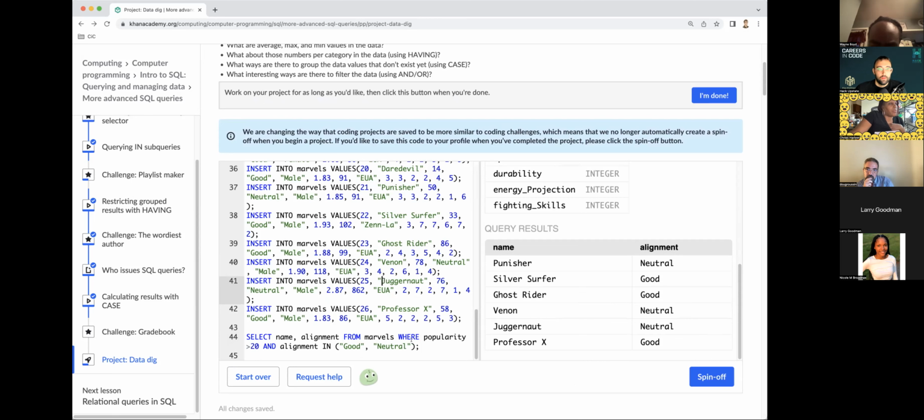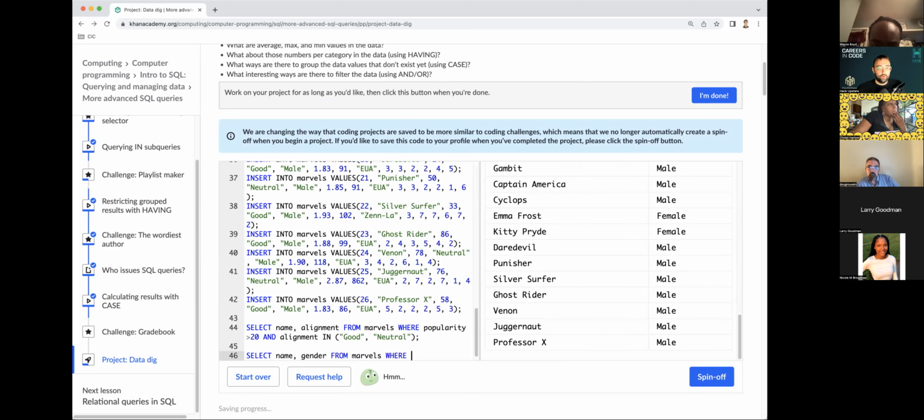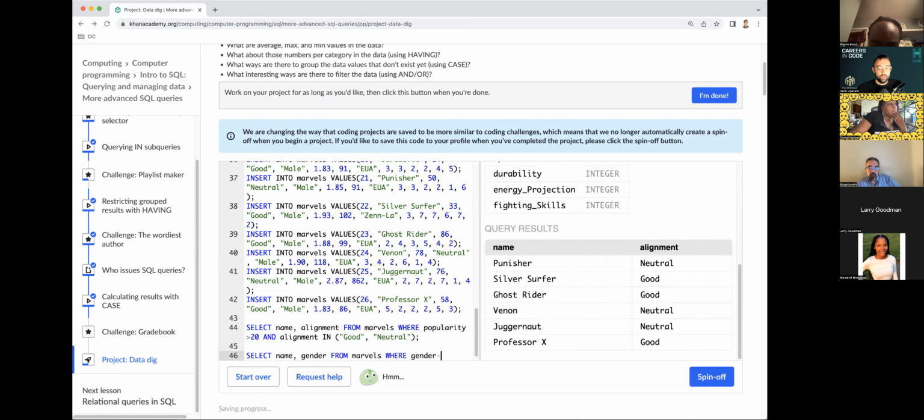The female, can we do something with female so we can see, are there any females? Select name and gender from our marvels where gender is equal to